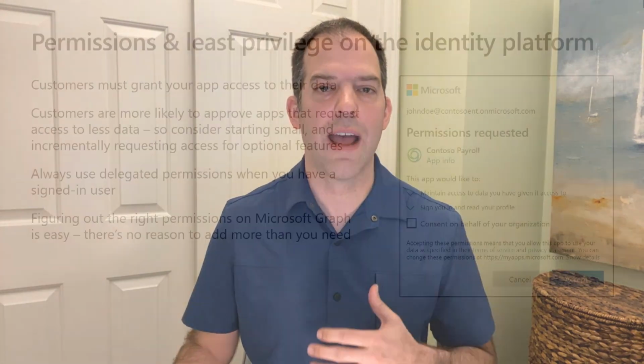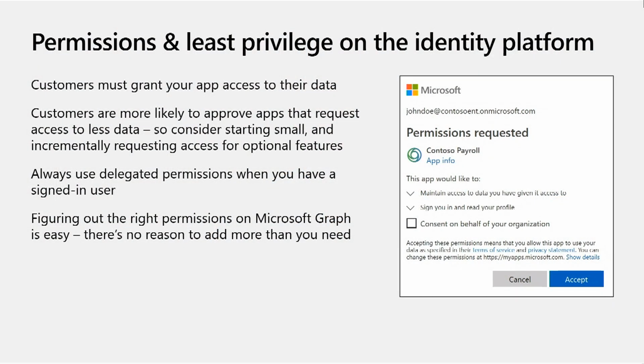So it might be that you don't want to build an application that reads mails. You want to build some other application. And the minute we start talking about bringing extra data into the application, we have to talk about permissions, because you're going to ask your customers to give you permission to their data as part of accessing that data in the Microsoft cloud. And those customers will see an experience like that one on the right to grant access to